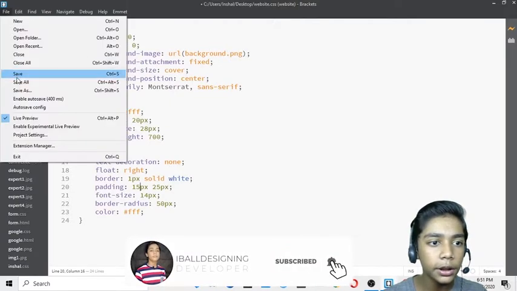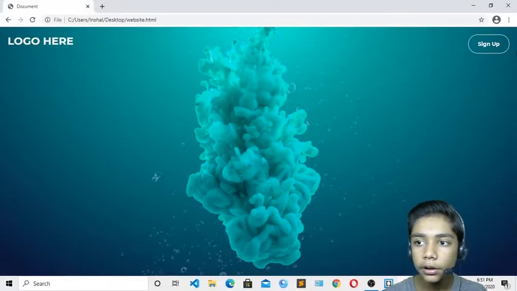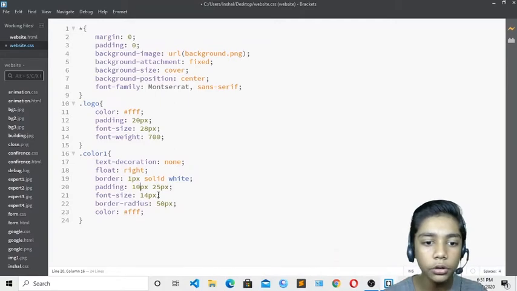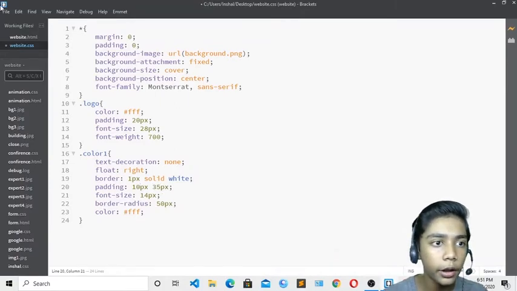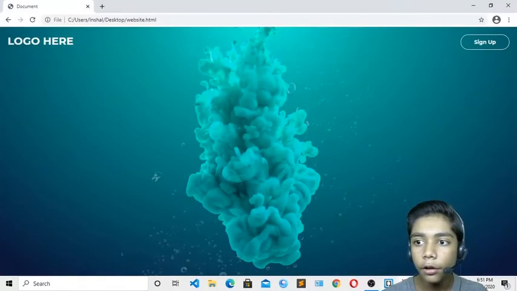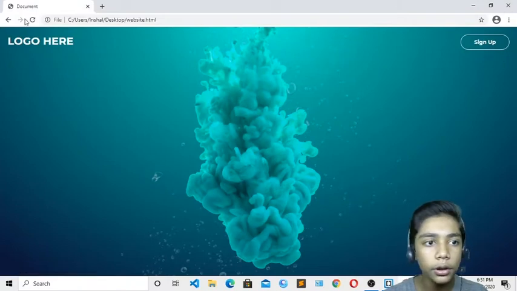But if I do that to 15 over here, okay, just save from here, and now it has gone bigger. So I will just do it 10 and I will just do it to 35. Okay, so just save. And now if I show you, here you can see now it is good. So here we have successfully made our button.